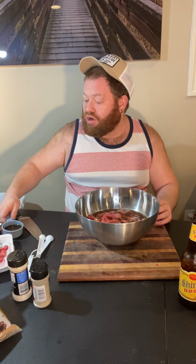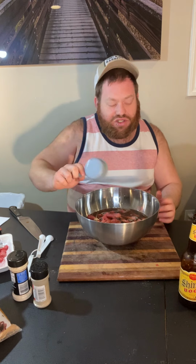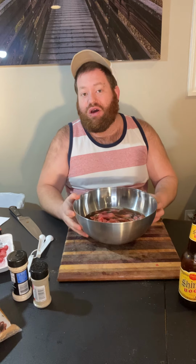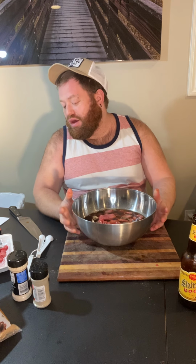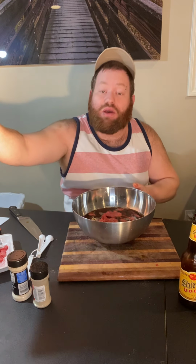Then we have 1/4 cup Worcestershire. There's some argument that Worcestershire and soy sauce are somewhat interchangeable when it comes to jerky. They're usually going to be necessary ingredients. There's a whole lot of flavor development from both of them, and they assist in binding to a degree. What really assists in binding, and what I mean by binding is your meat taking in that flavor that you're creating,